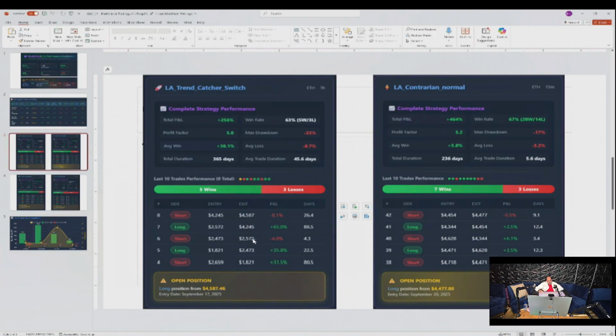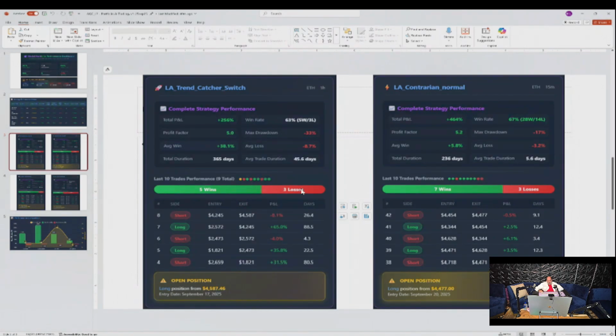So here we have a breakdown for each strategy: Ethereum 1 hour and Ethereum 15-minute. I'll improve this for the next iteration. We'll make those more apparent so it's easier to see which one is which. You could see the last 5 trades for each strategy, and then for the last 10, you could see how many of them win,